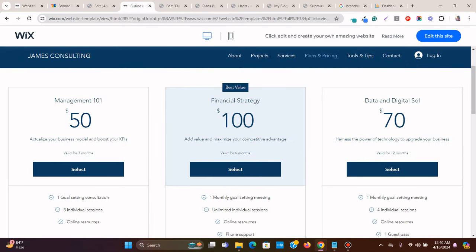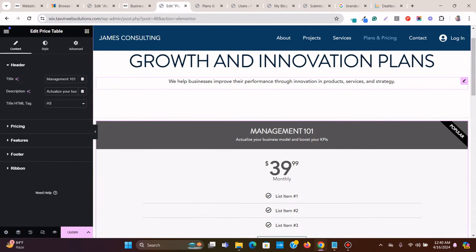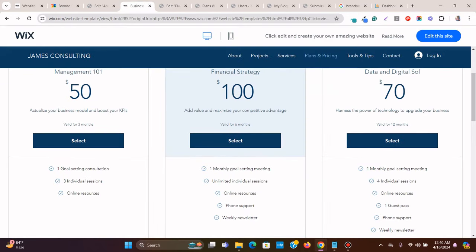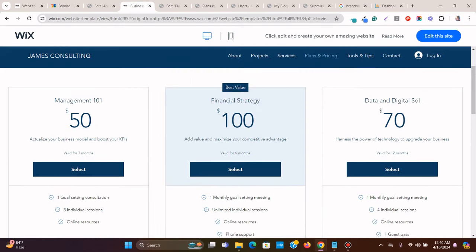So some changes to the structure I'm making. Okay, so that's a bit easier. Okay, and so valid for 3 months. Okay, so